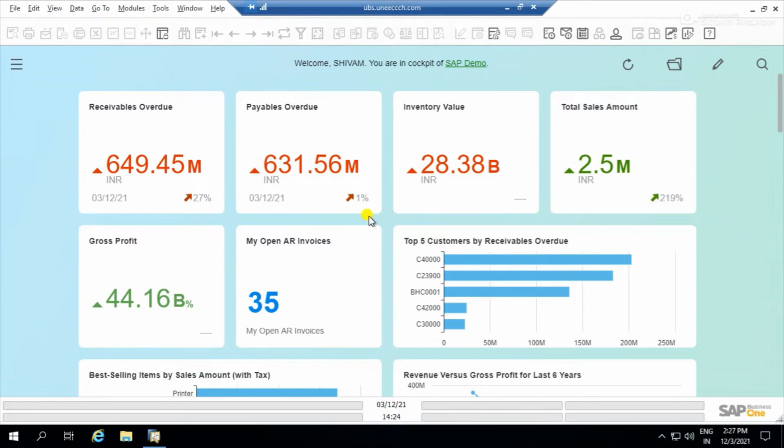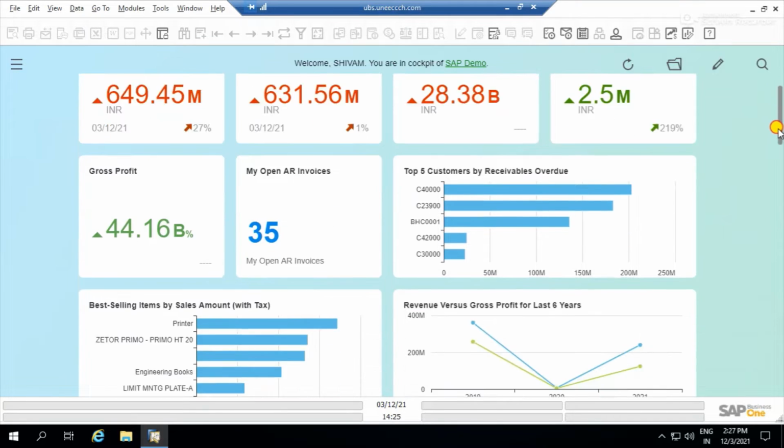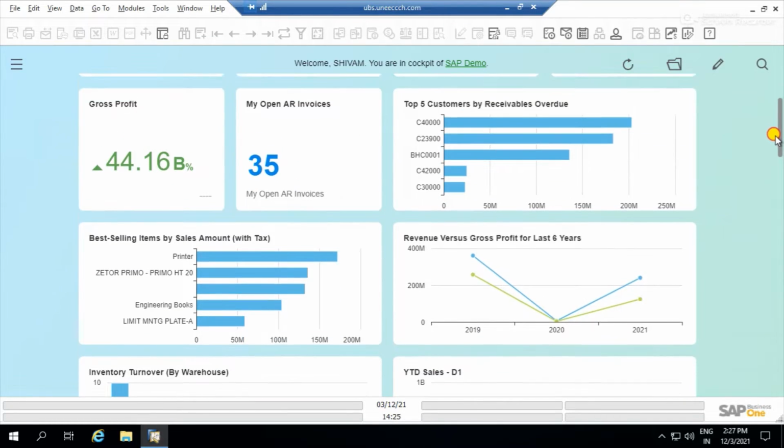a group of different types of KPIs, which we call key performance indicators, which provide you particular information on different processes which go on in your organization, and a crisp value of the position at which your process is standing. And again, there are certain combinations of different graph charts also. You can see different types of graphs, also pictorial representations of information are available to you in different